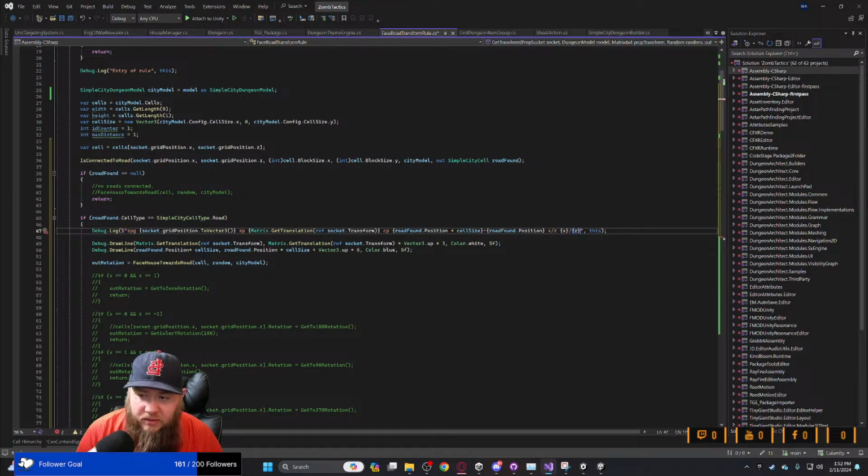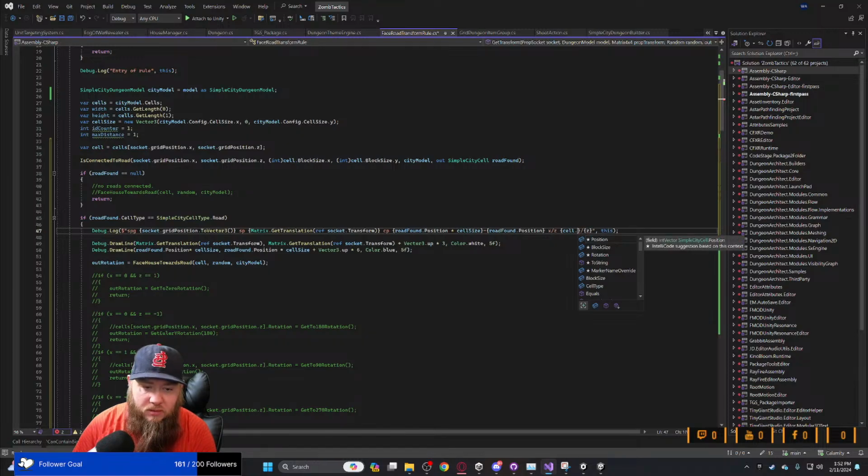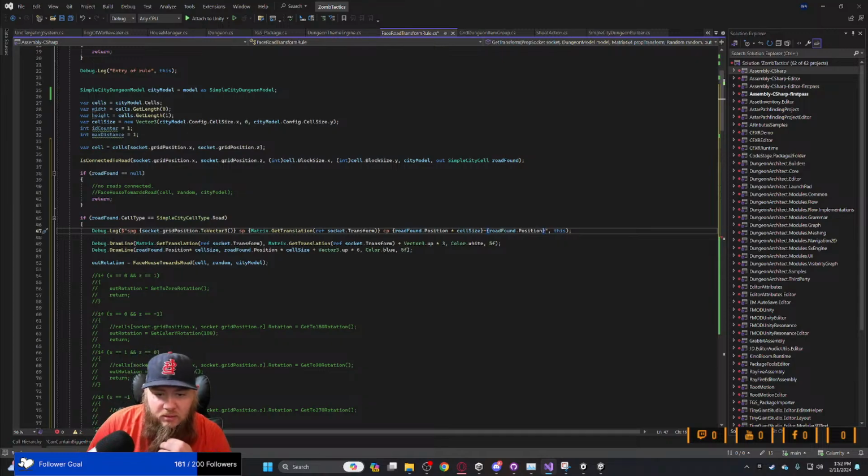Since we don't have X and Y here, because we're not in the loop, we're just going to go with cell. Well, cell position will tell us what we're needing here. Yeah, because that'll be grid. Okay, so now